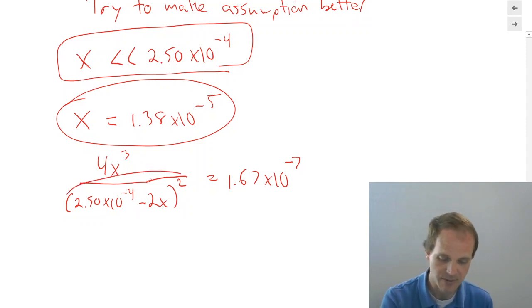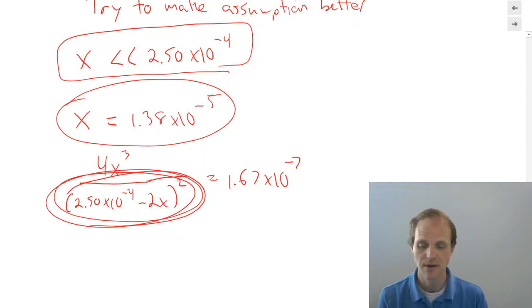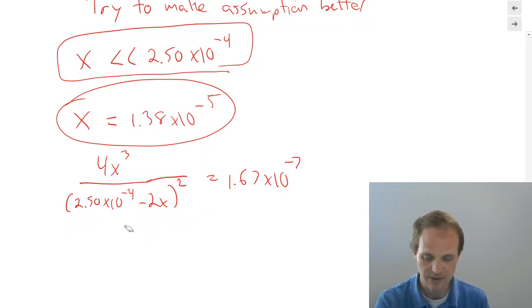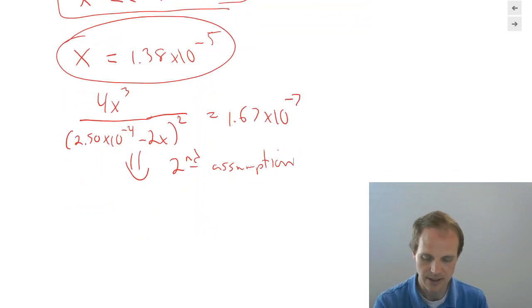The exact same place we made it last time was in this part, the subtraction part. Sometimes it's an addition part. It doesn't have to be subtraction. That's where we're going to make this new assumption that x is about 1.38 times 10 to the minus fifth. And so with our new assumption, it's going to turn our equation to look like this.